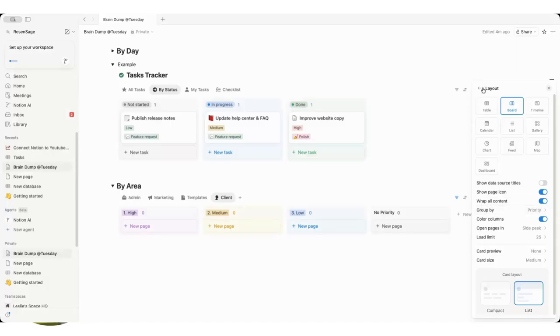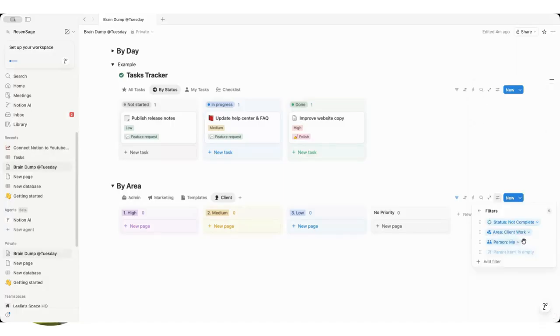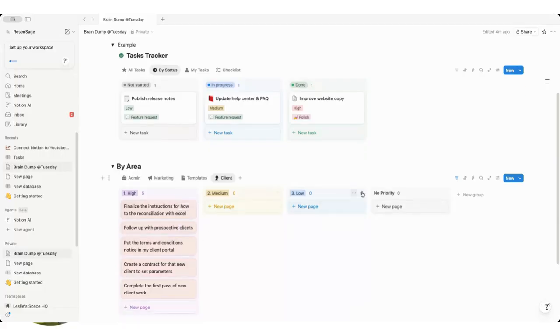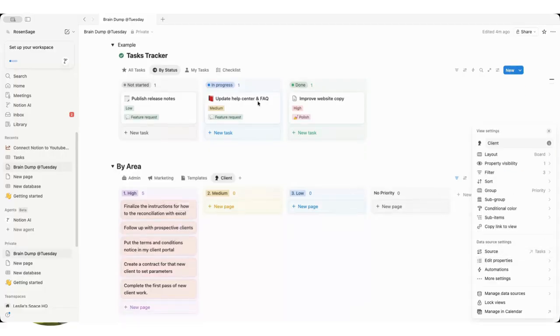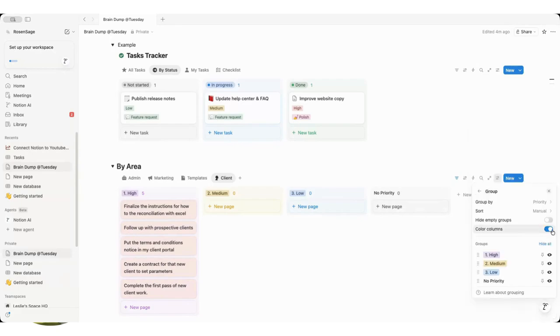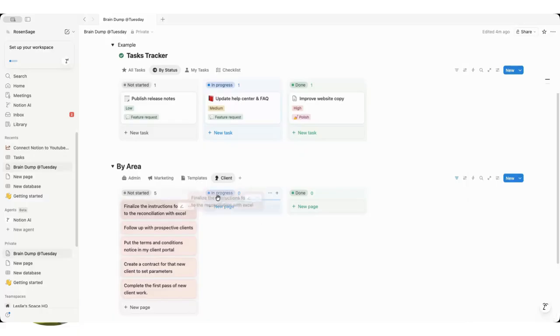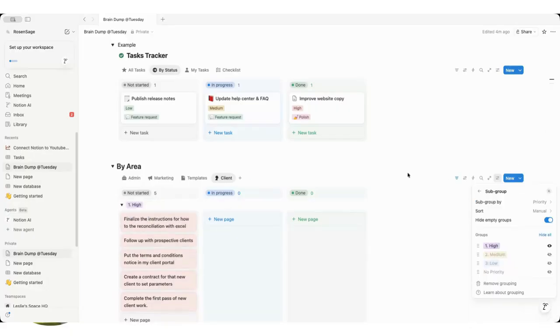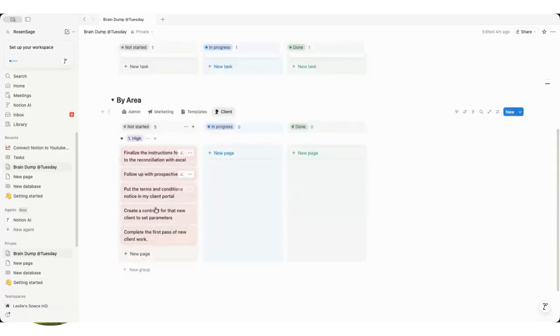And I didn't put one in down for everything. So these are the different groups. And instead of by priority, I actually want to see them by status. And then don't hide empty groups so that I can easily make the updates by just dragging and dropping across. And then subgrouping them now by priority so that I can see, okay, so